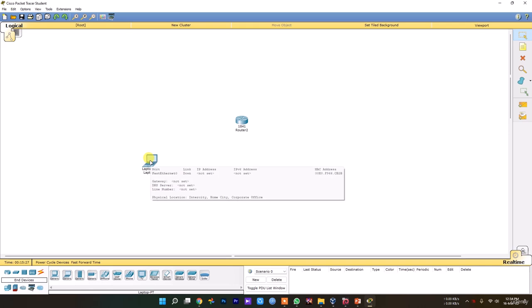Let's see what configuration we should do on a wireless router. When you buy the wireless router, you can connect to it using the web or using a program. I will talk about that in the future, to show you how to connect to your wireless router settings using the web. Once you connect to the wireless router,